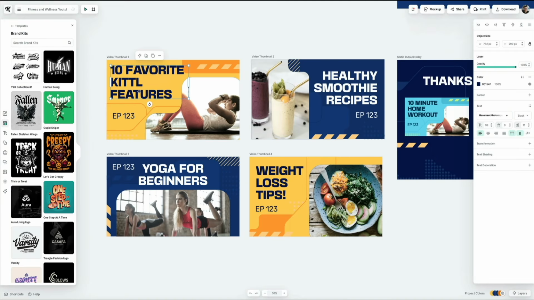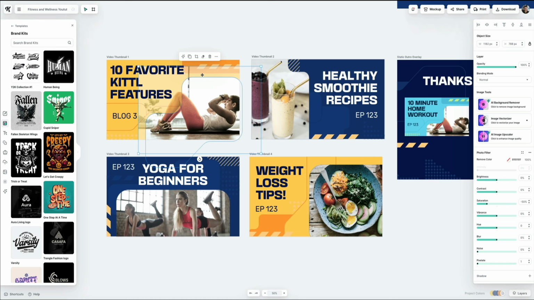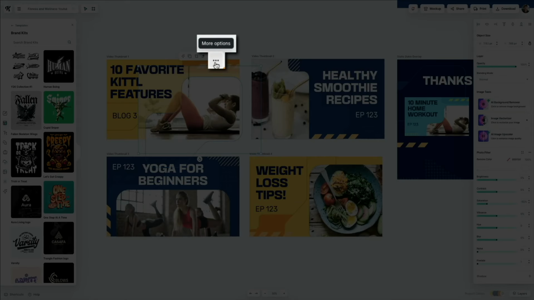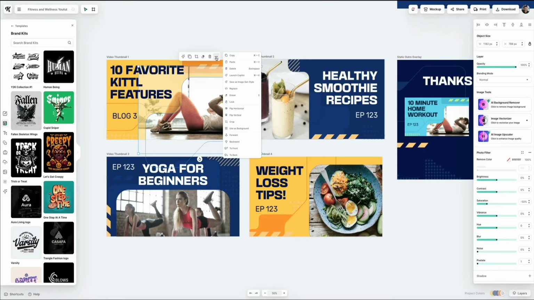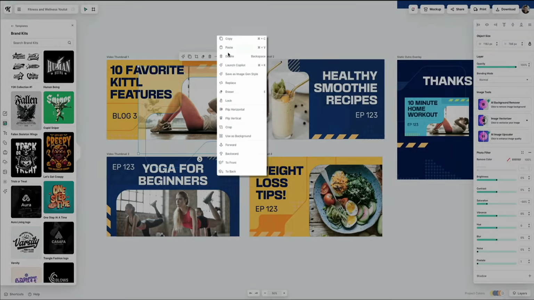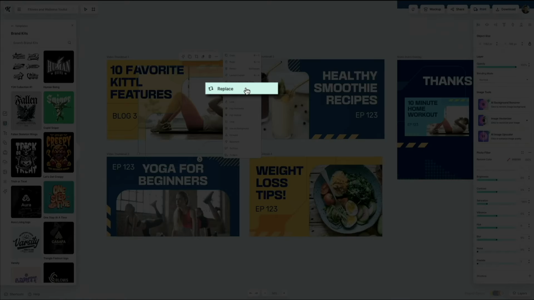Then for the image, you have a few options as to how to edit them. You can obviously keep the images, but I'm not making a fitness blog, so I'll definitely want to change this placeholder image. And one way to do that is if you double click on the image, and this will select the whole image, and then this also opens that toolbar above the image. So if you click on that three-dot icon within the toolbar, this will open a drop-down menu where you can access some more editing options. One being the replace the image option. So we'll click on where it says replace,